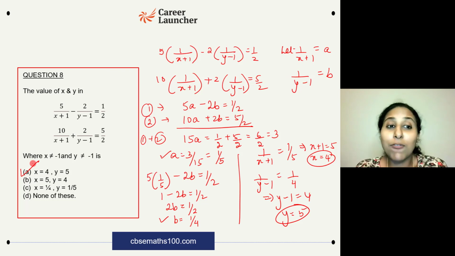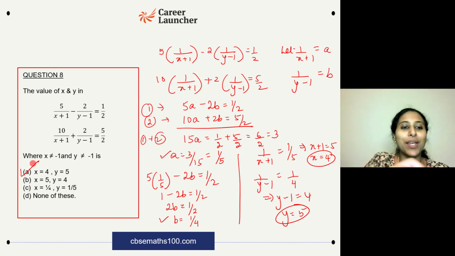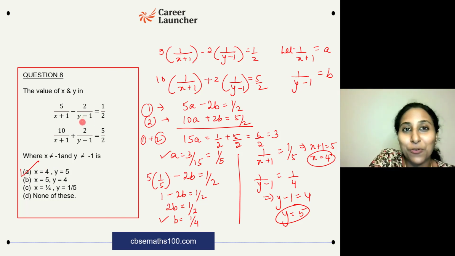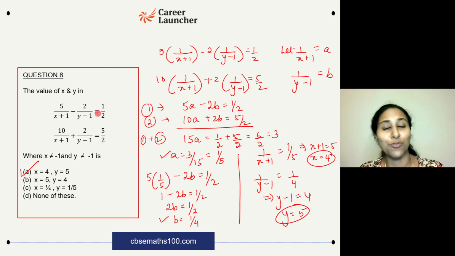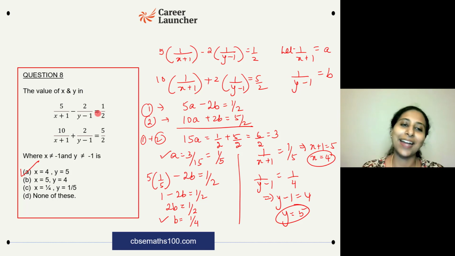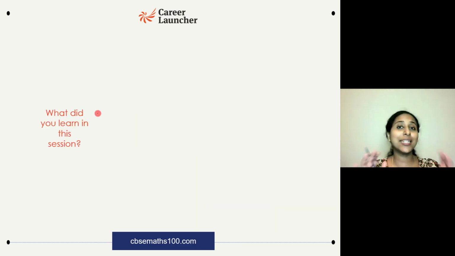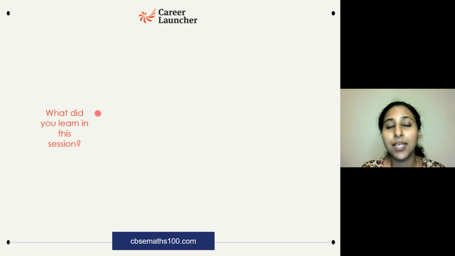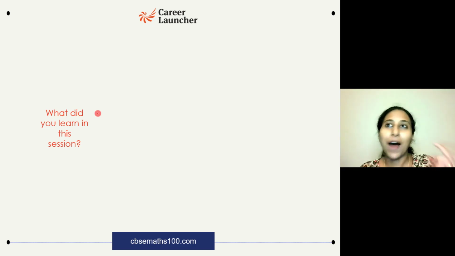You might also have gotten this by directly substituting x is equal to 4 and y is equal to 5 and verifying whether the statement is true. That's all right. If you're good with the calculations, you can just do that and get the answer as A. Okay. So we learned in this session the important questions related to substitution and elimination methods, where you may have to find out the solution, or based on the concept you learn in elimination and substitution, solve for something else.